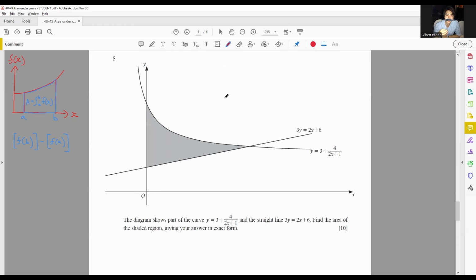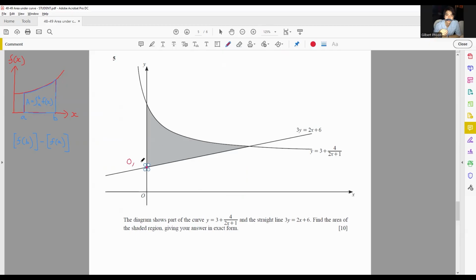All right, next question over here. Again, finding the area of the shaded region will be the area under the curve minus, over here, the area of the trapezium. Okay, so in this question, first of all, what we're going to need is, we know that this coordinate is 0. The y-intercept is going to be